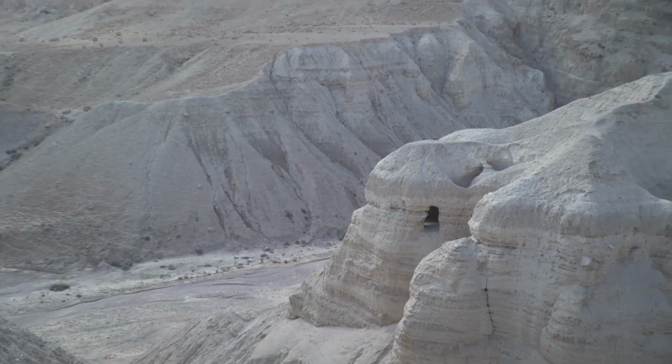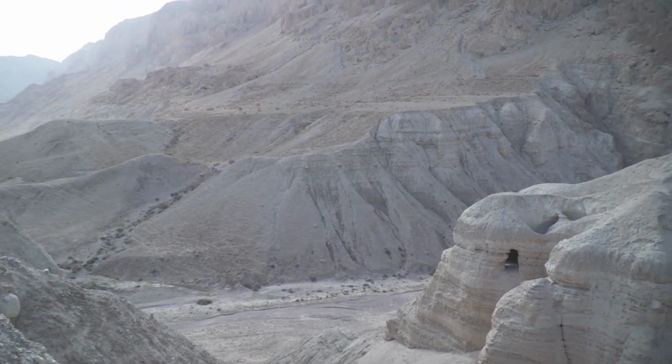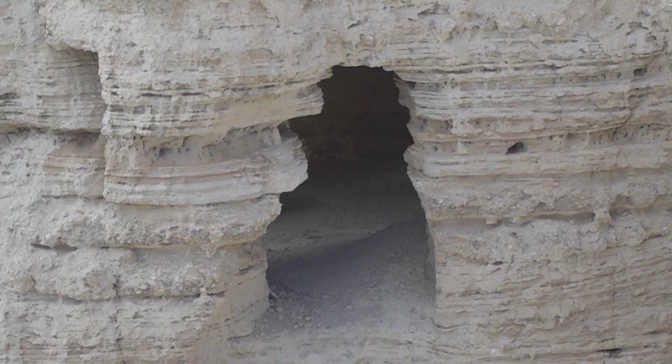Batch number one is all the Old Testament books but one. Book of Esther never discovered here. Is it because the word God is not appearing in Esther, or we just haven't found it? We don't know. But we found all the other books. Books of Isaiah, Jeremiah, Ezekiel, many copies, some of them intact,